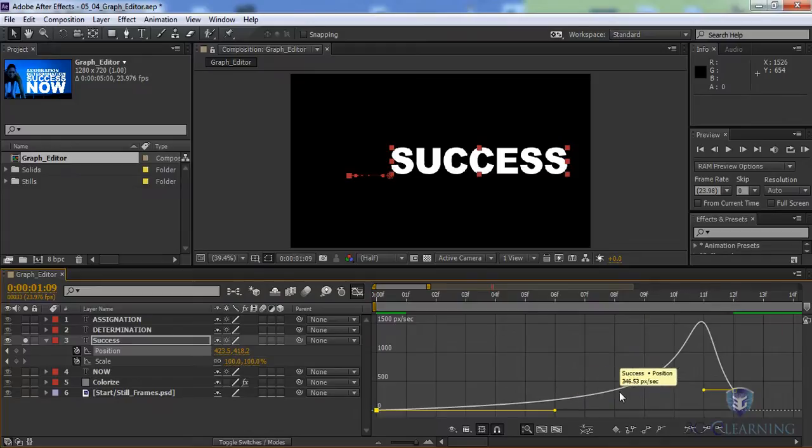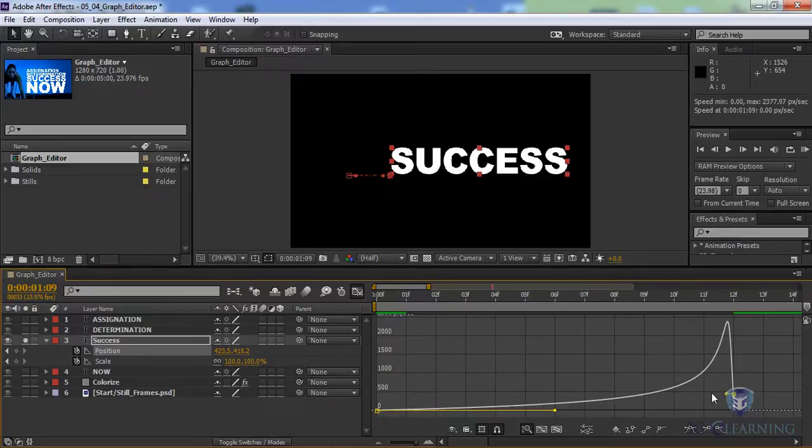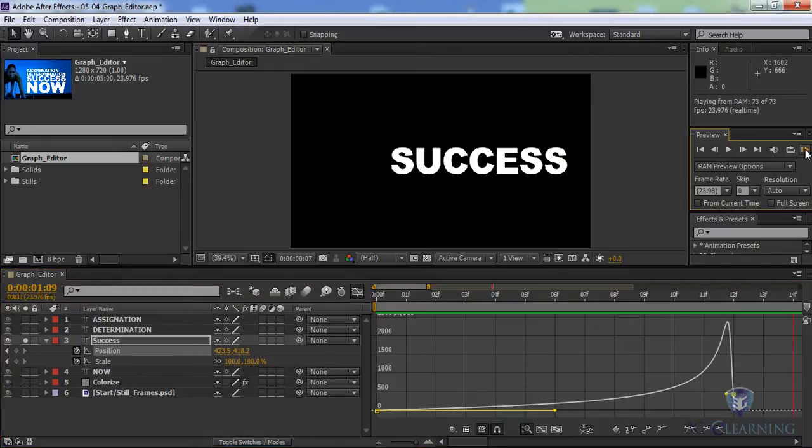Now anytime you're editing speed, you want to try and get rid of any kinks. So what I'm going to do is click and drag on the right handle a little bit here, so this is a little bit more straight. This is going to give it a really interesting pop. Let's load up a RAM preview. I think that already looks pretty dynamic, but I'm going to go ahead and press the spacebar one more time